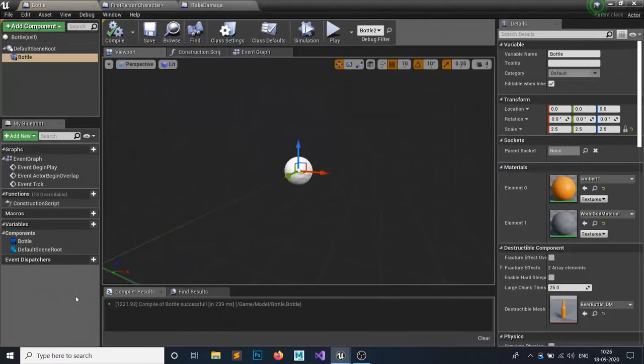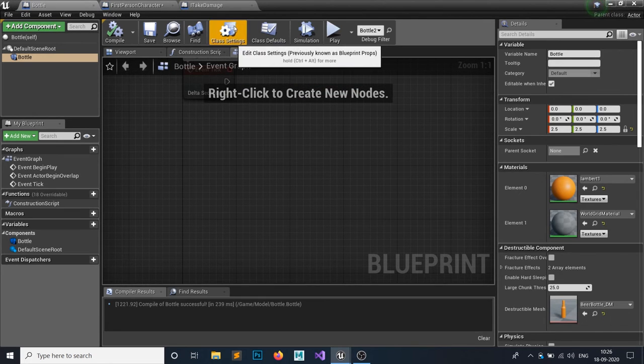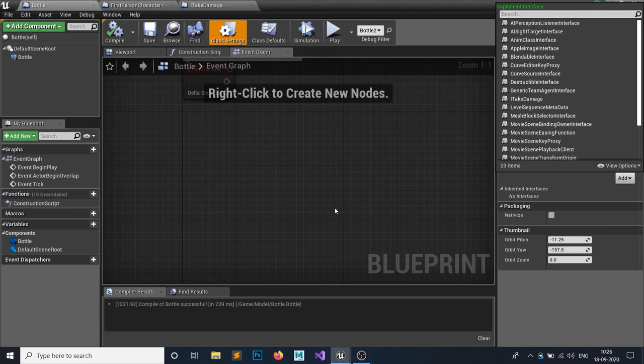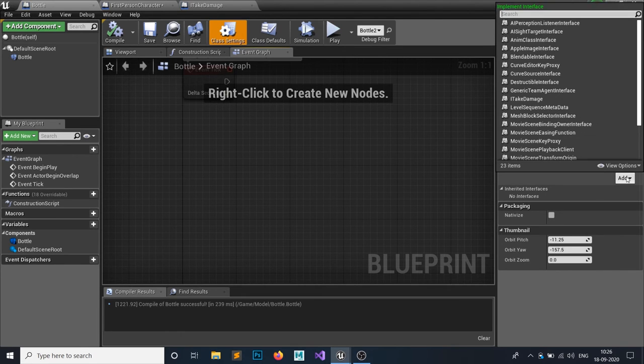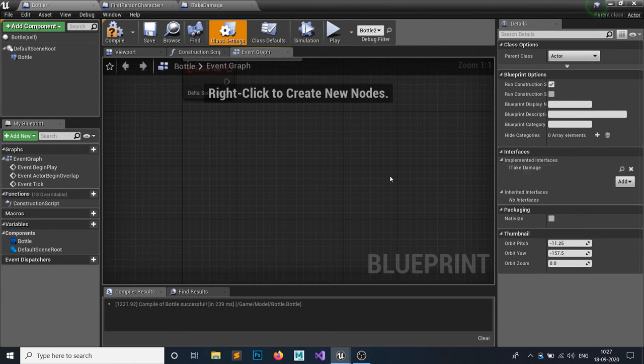Open your beer bottle object reference. In here, in your class settings, we want to implement the functionality we have just made. So in class settings, hit add implemented interface and add the take damage interface, and you're going to see it added something like this.